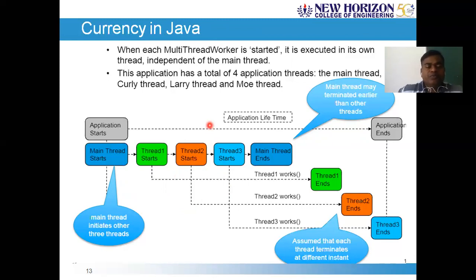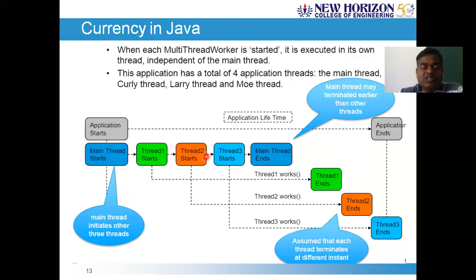Next question, how are these threads scheduled? I mean, should thread 1 take a chance first, or thread 2, or thread 3? It will be decided by the thread scheduler that is implemented in the system. The thread scheduler may be first come first serve, priority-based scheduling, or shortest job first. Among these three threads, whichever thread has the least load, you give it a chance. That comes under shortest job first.